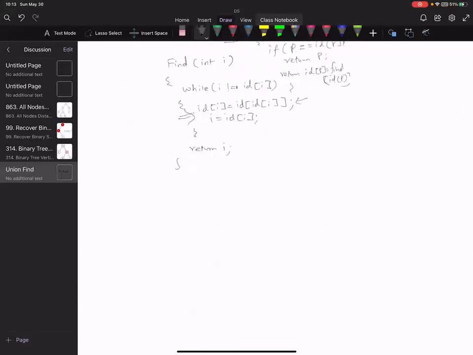Now I will not go into the proof of why, with path compression, we will achieve O of 1. Let me give you the link. I'm putting it into the chat.